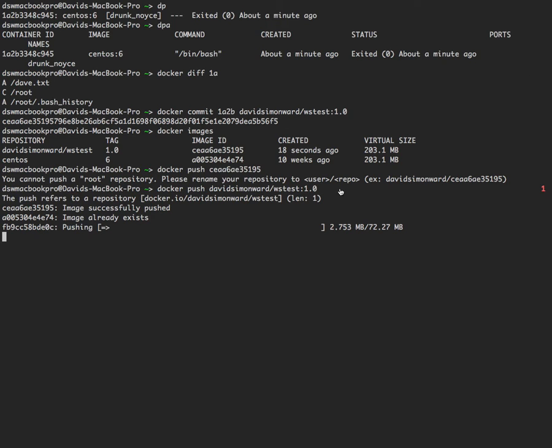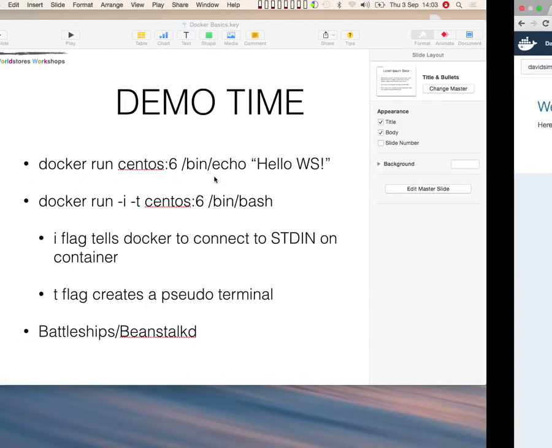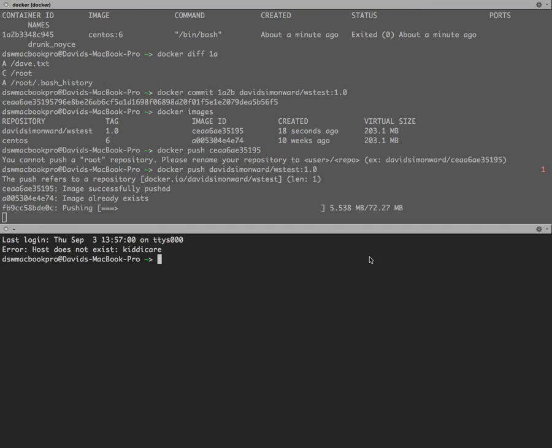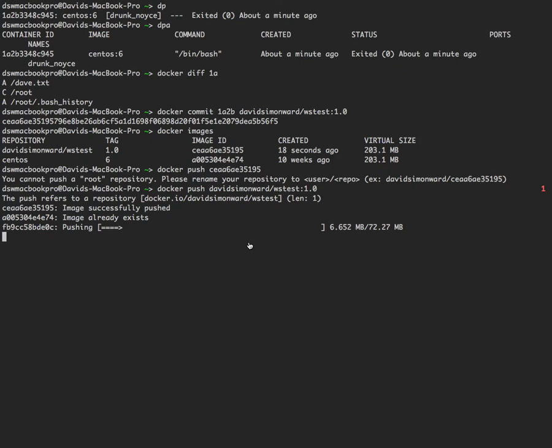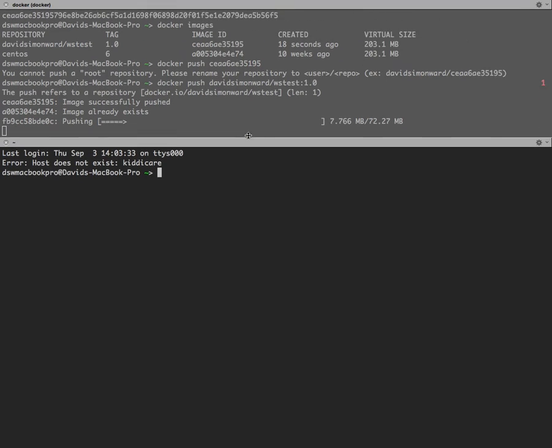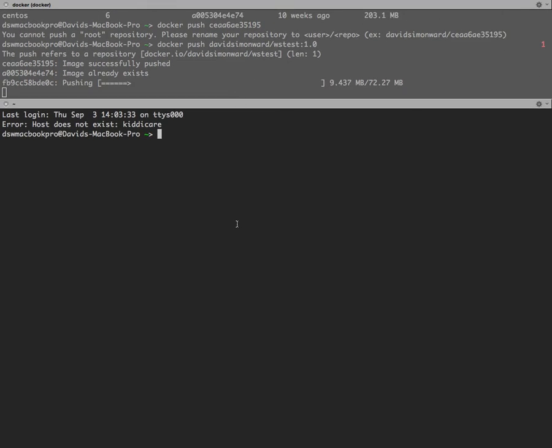Okay, so we'll come back to this because I wanted to show you some other stuff. So what we'll do now is we'll start showing some of the linking and the port exposition. So I will pull down, firstly I'll log into Docker, because if I do a search for world stores beanstalk D,